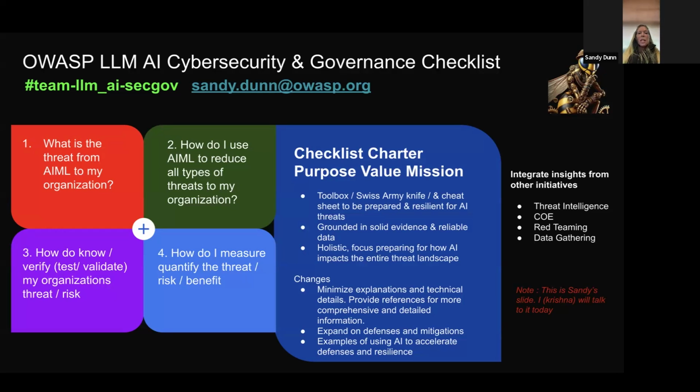So you can see on our charter, really it's a toolbox, keep things simple, point to other resources that are more equipped to handle things like laws and governance. We'll tell you that you have to be aware of it, but if you want a comprehensive list of the laws, we'll point you in different directions.